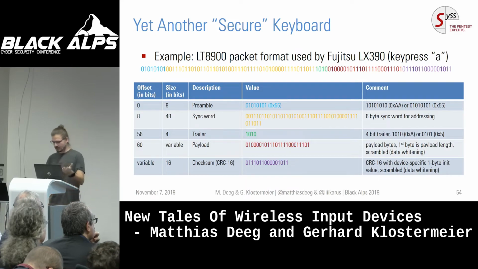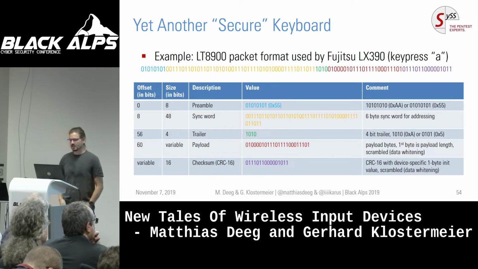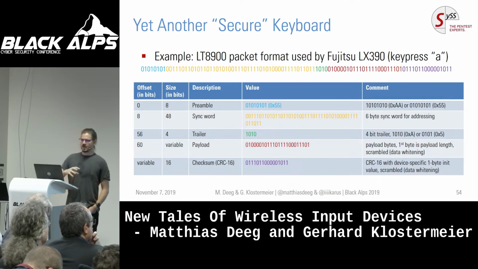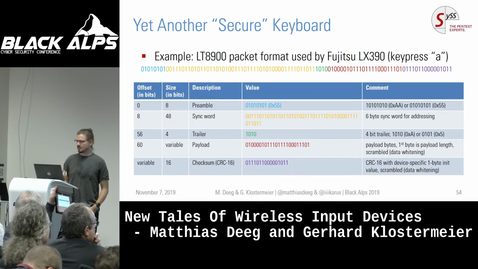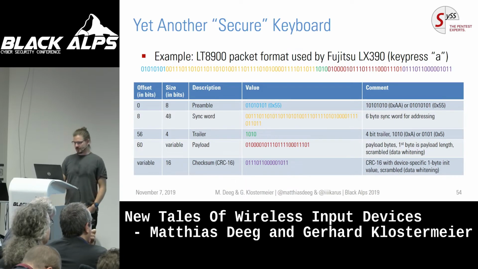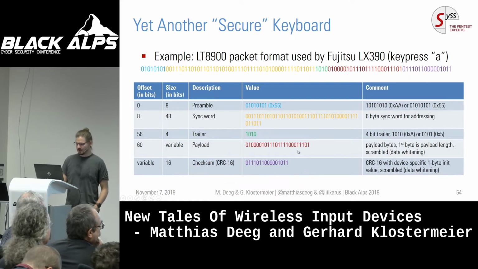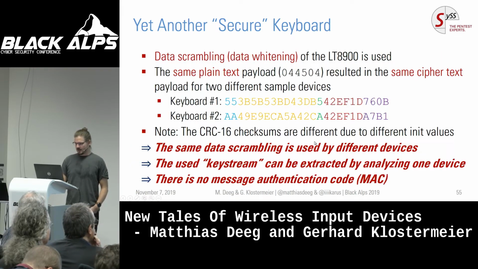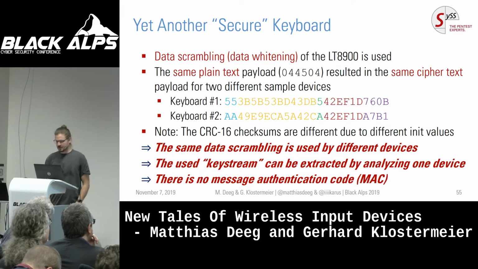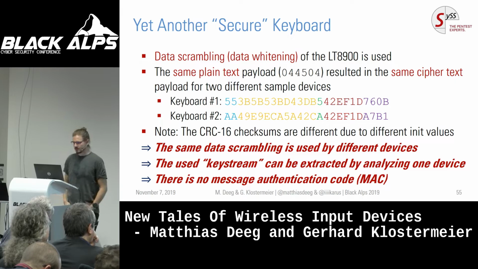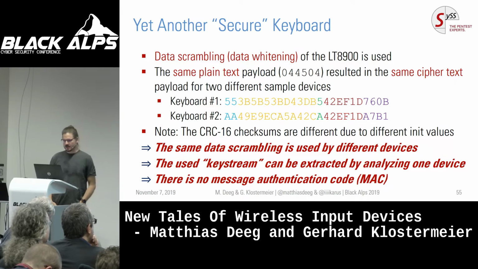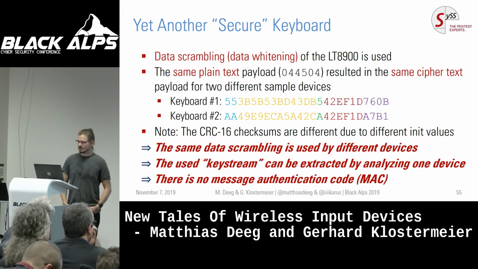But when we understand what the chip actually is, we can again build our own. First of all, this is when we decoded the packet. Now that we understand what they talk to each other and how they configured, we again can do the radio-based analysis, capture the packet and decode it to understand what is going on there. And of course, again, the important part is the payload here and the CRC checksum. It turns out this chip uses data whitening, so the scrambling, and we have to understand how this works. And even though the plain text is always the same, so it has no replay protection or something like this,